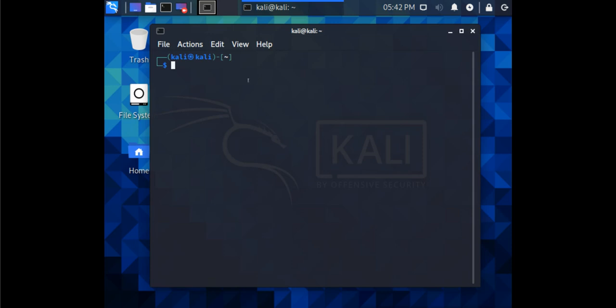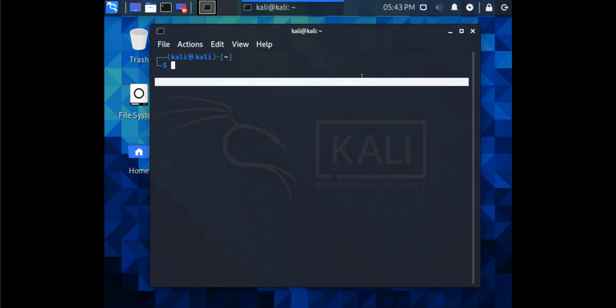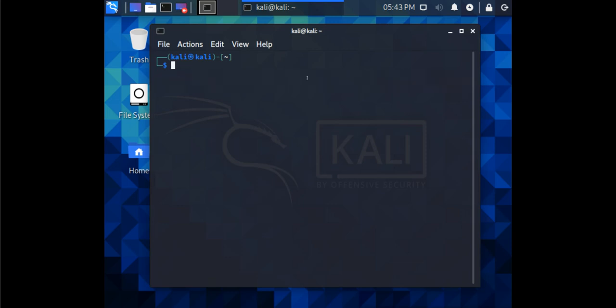So here you can run the commands, and to work with this Kali Linux you should know some basics of Linux, that means basic commands of Linux. Otherwise, when we run the tools, they will be difficult. Some basic structure of Linux: you see this dollar symbol, that means this is a normal user, it is not the administrator. And when you see the hash sign here, that means it is the administrator, that is root. In Linux machines, administrator means root.